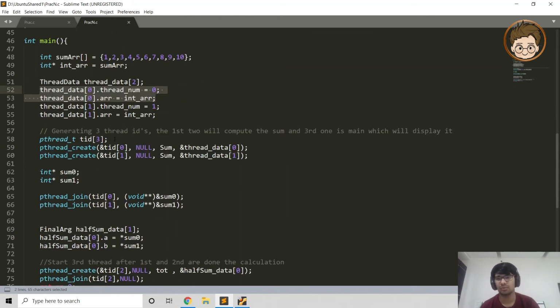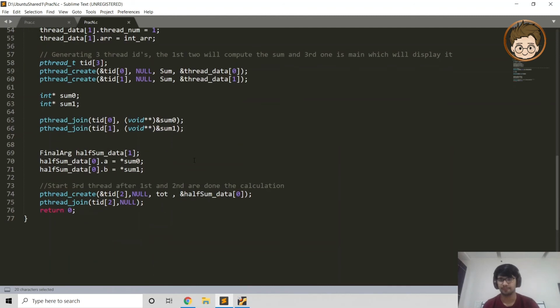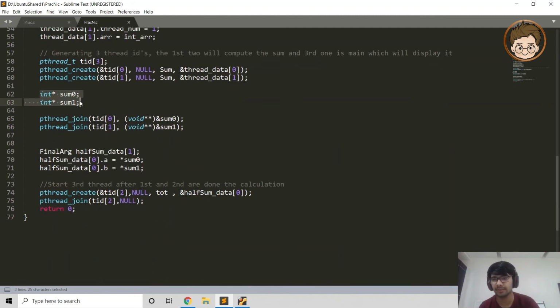Okay, so what these two threads will do is they will compute the sum of this array. The first thread will work on this portion 1 to 5, and the next will work on 6 to 10. And then what the main function will do is it will combine this and display it on the screen. So here we have declared some variables, and then we will use pthread_join and wait for the thread's termination, and they will run this function, and then when they terminate, they will come back here. And after that we are just essentially adding all of that stuff, and then finally we are calling the final thread with the tote method.